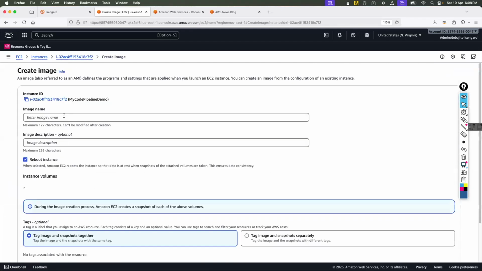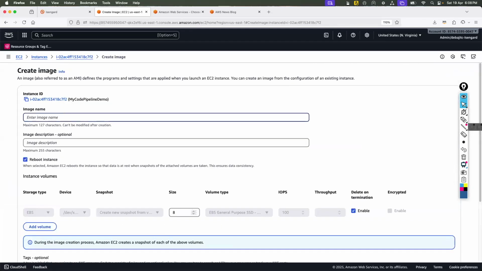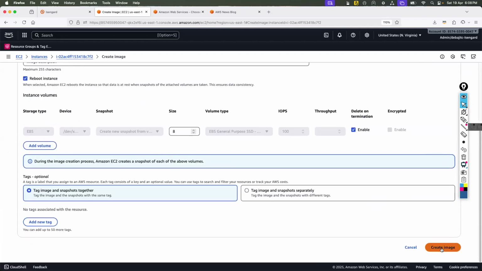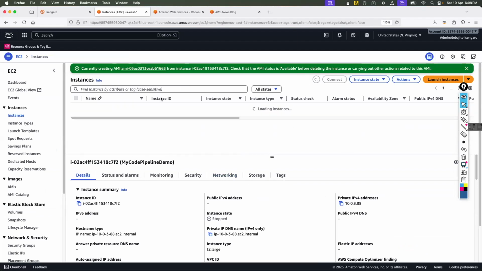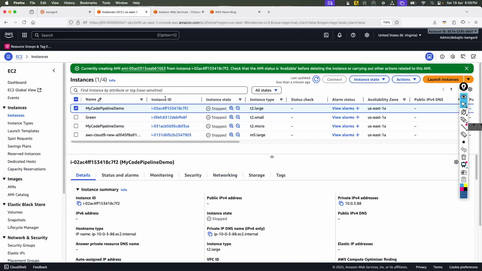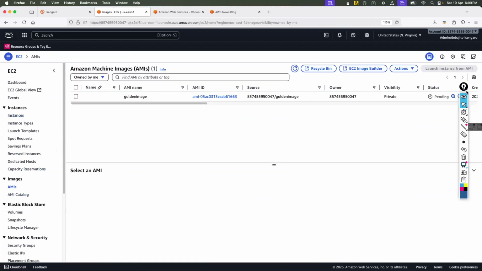From here, let's say I am going to create an AMI golden image. Okay, create image. If I go to AMI, I can see my AMI is being created.